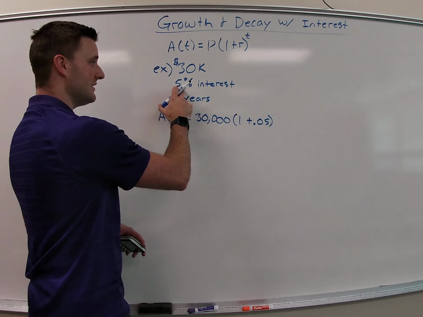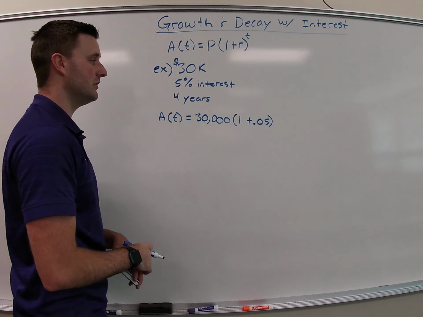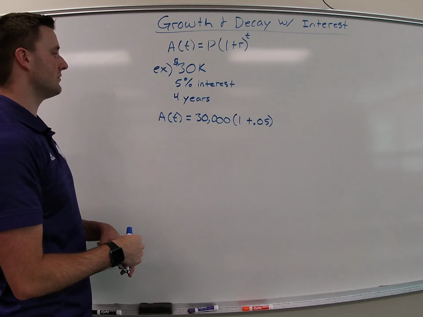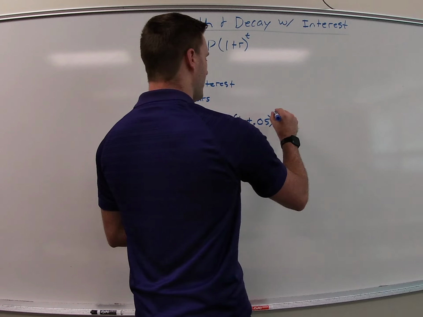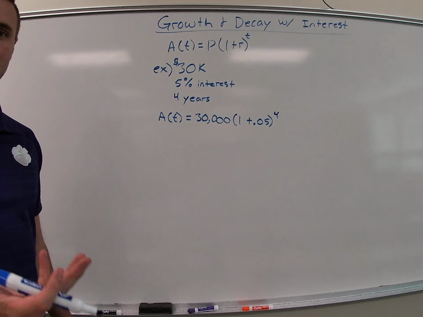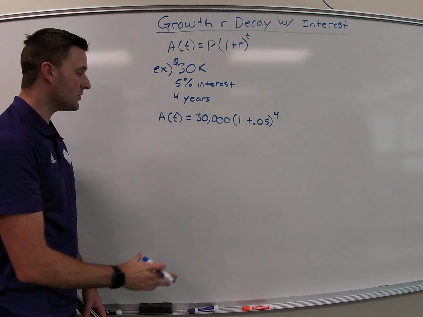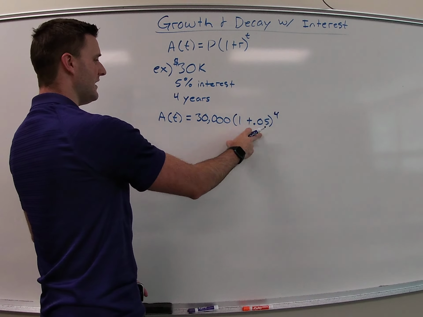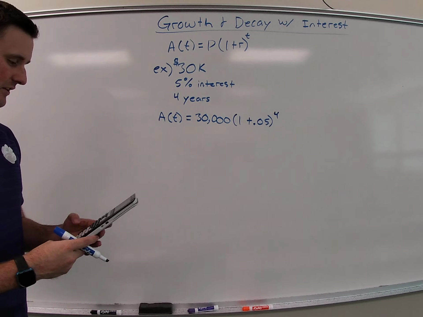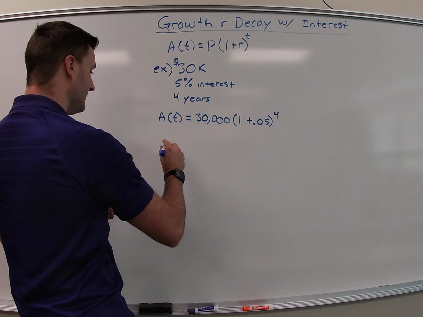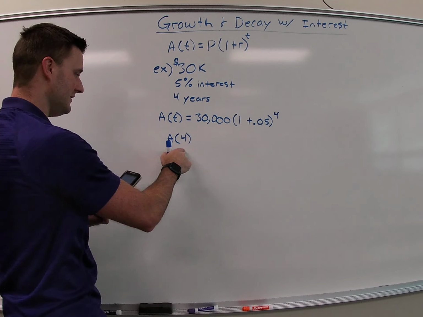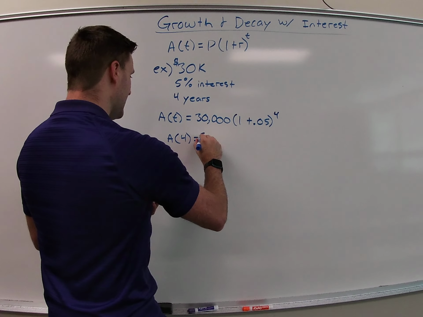So we always write our rate as a decimal instead of a percent. So 5% is 0.05. And then in our made-up question, we're saying I'm going to borrow your money for 4 years, so raised to the t, which is the time in years. So if I gave you $30,000 at 5% interest for 4 years, and we plug that into our calculator, because we're talking about money, we're saying my investment after 4 years, because t, time, is 4, would now be